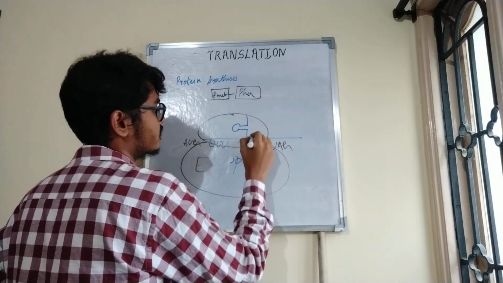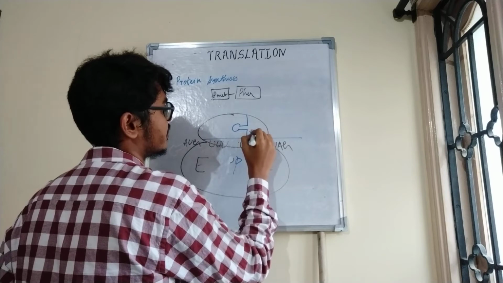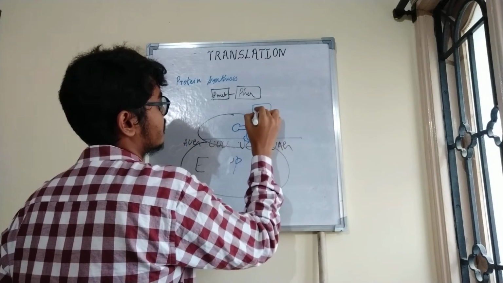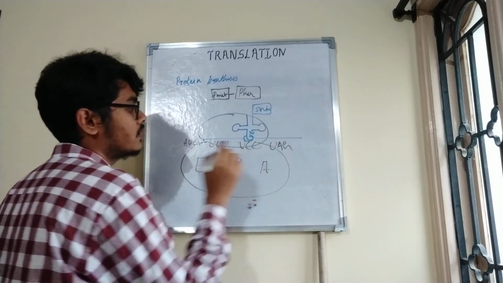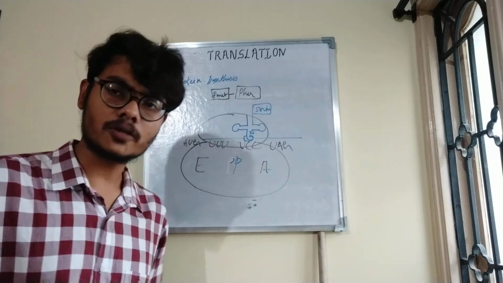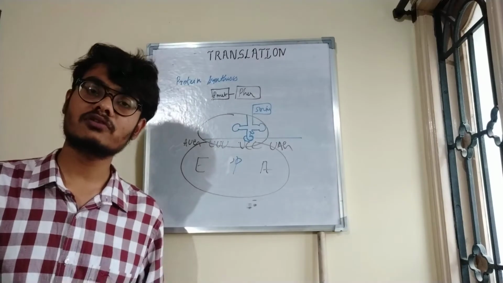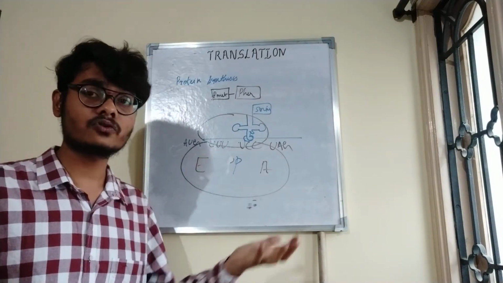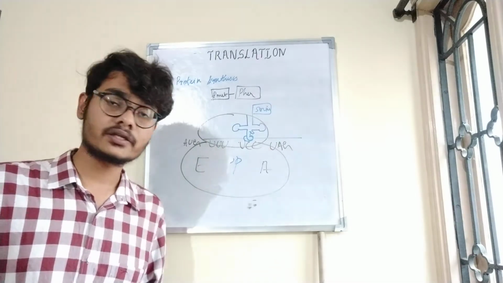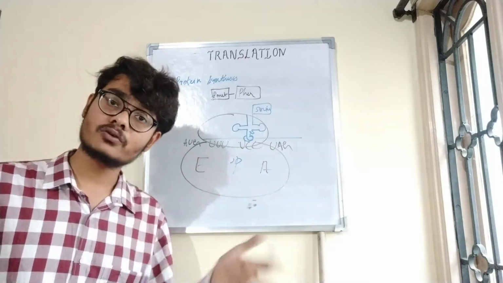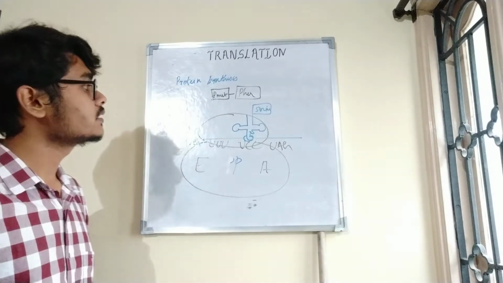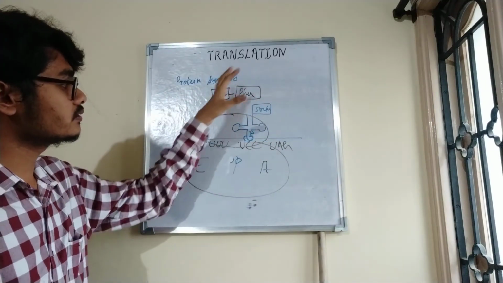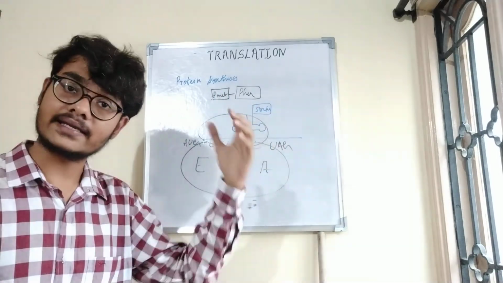So again, this is with its tRNA, serine. UAG is a stop codon. That means it codes for nothing. That's why we call it a nonsense codon. There is no tRNA to read that. There is no anticodon arm to read that. What happens? This chain is going to break. That's it, the protein synthesis ends there.